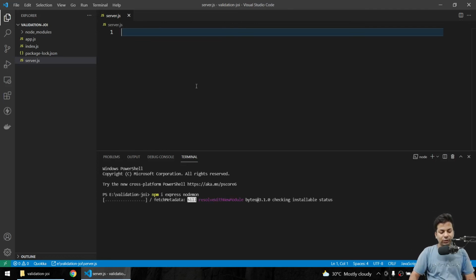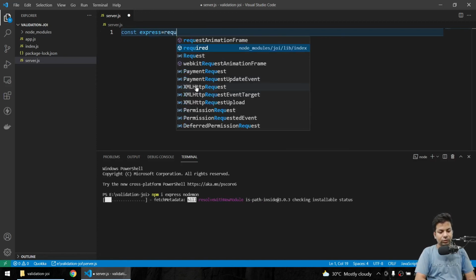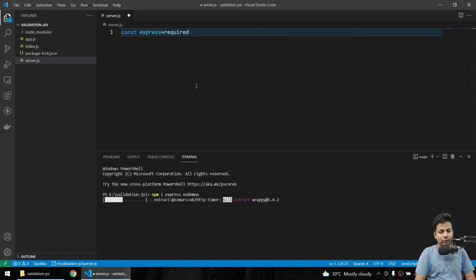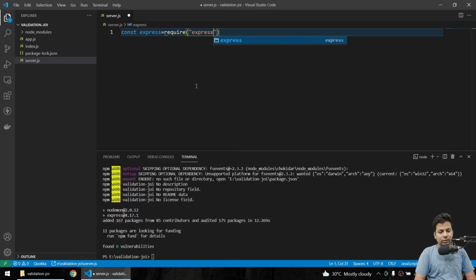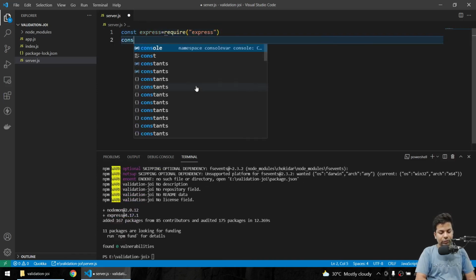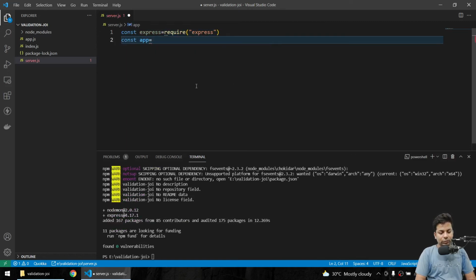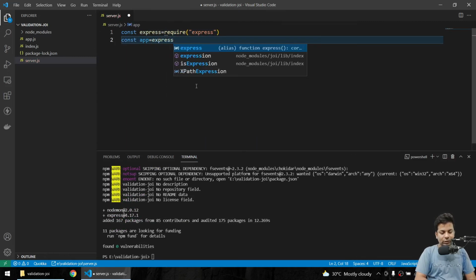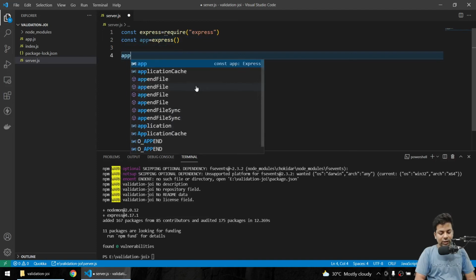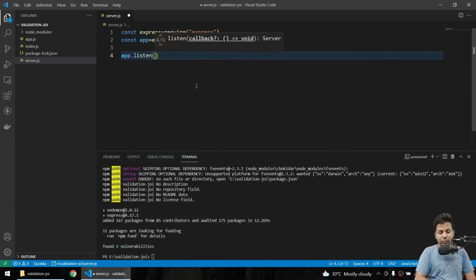So what we'll do, we'll say const express equals require express, and const app equals express, and we'll say app dot listen port 4000.